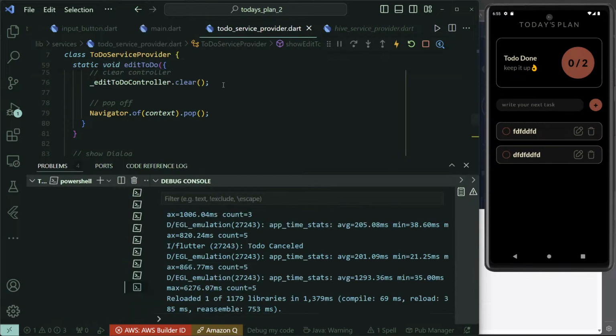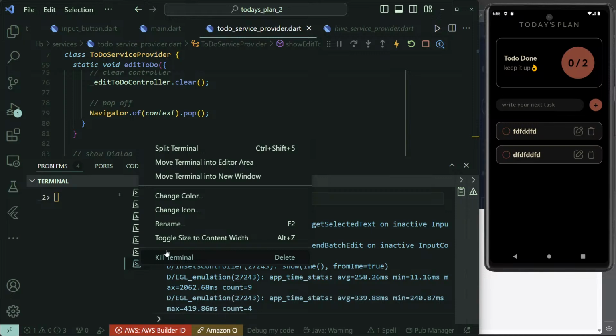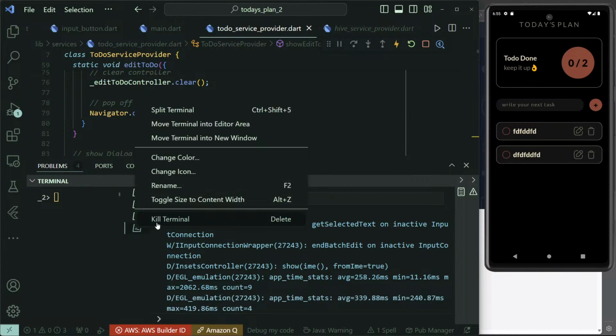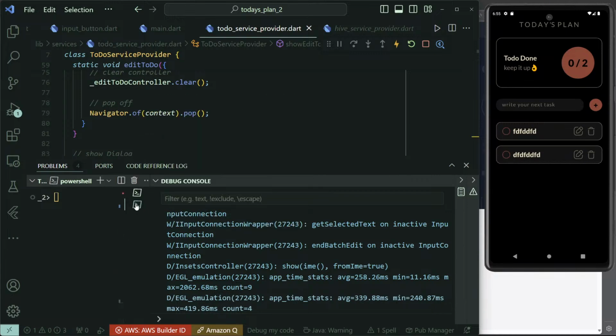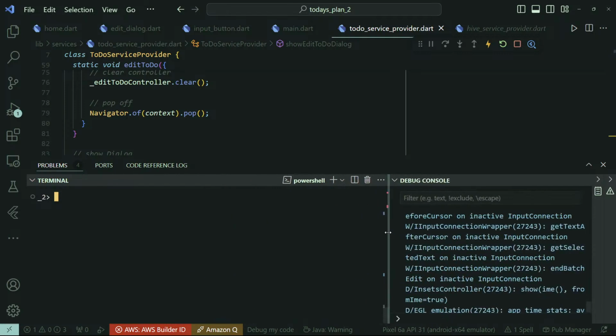Let's open a new terminal. We want to build our app to APK and install it. Actually, I'm going to install it here. So how do we build our app? This is how we build our app. To build your app in the right way,